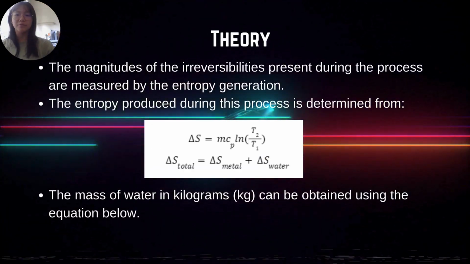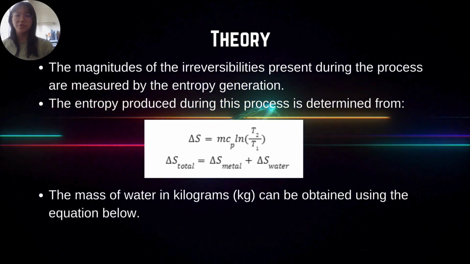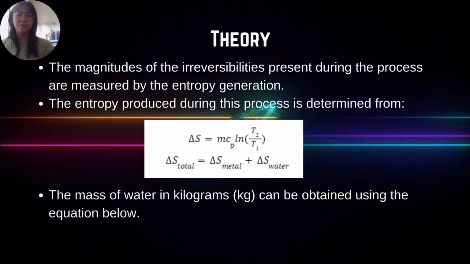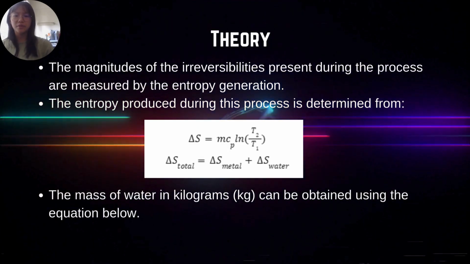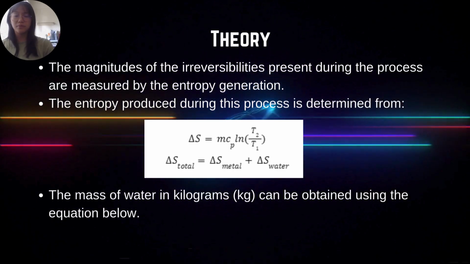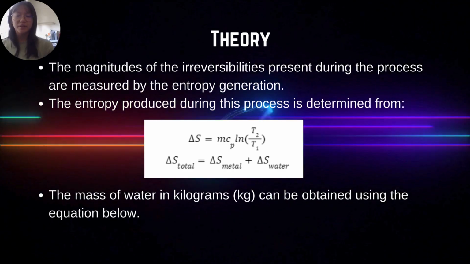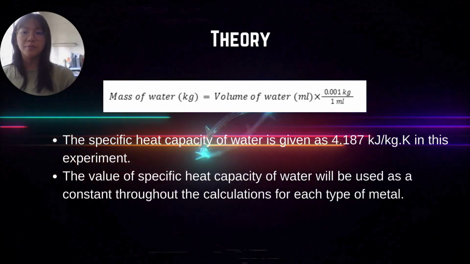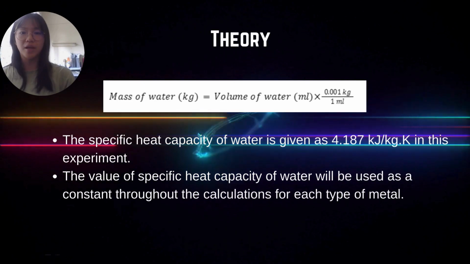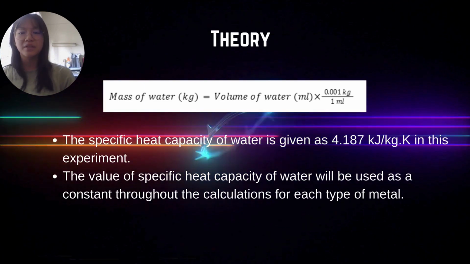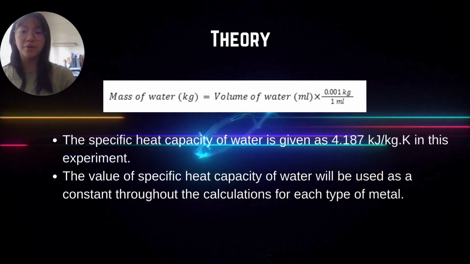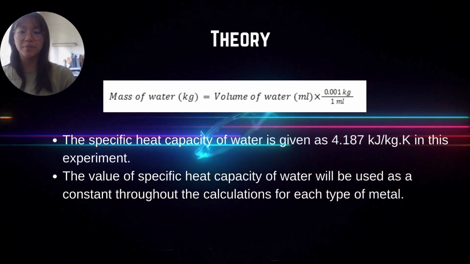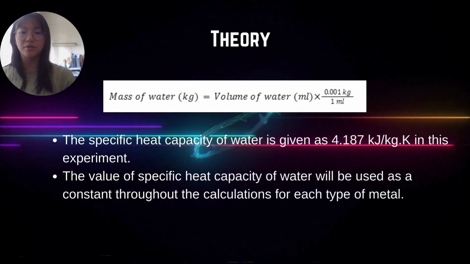The magnitudes of the irreversibilities present during the process are measured by the entropy generation. The entropy produced during this process is determined from S equals m times Cp times ln T2 over T1. Total S equals S metal plus S water. The mass of water in kg can be obtained using the equation below. Mass of water in kg equals volume of water in ml times 0.001 kg over 1 ml. The specific heat capacity of water is given as 4.187 kJ per kg K in this experiment. The value of specific heat capacity of water will be used as a constant throughout the calculation for each type